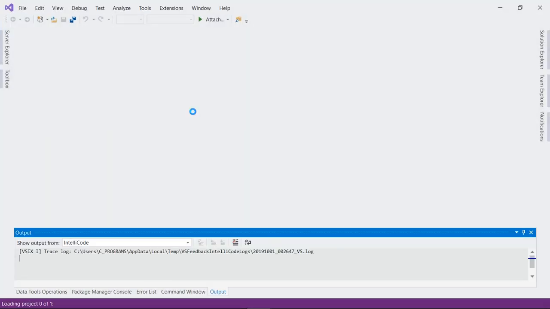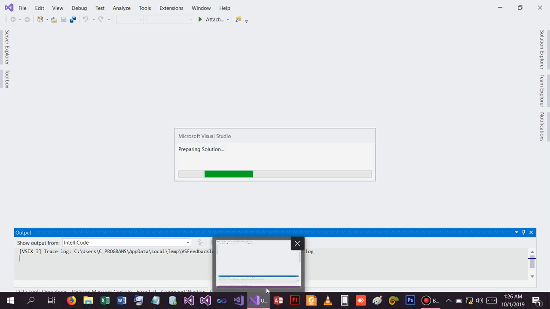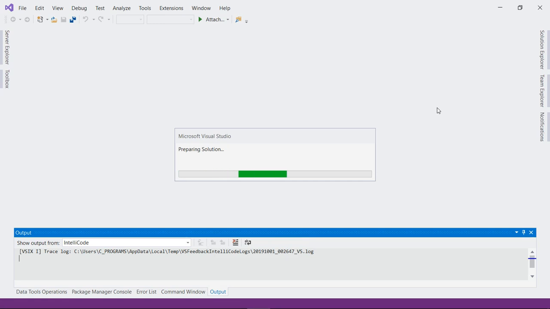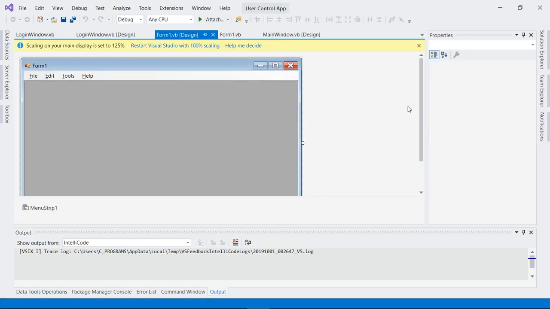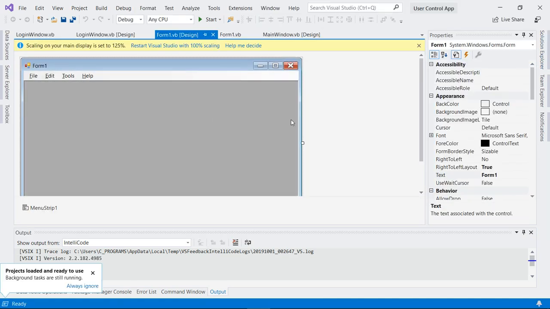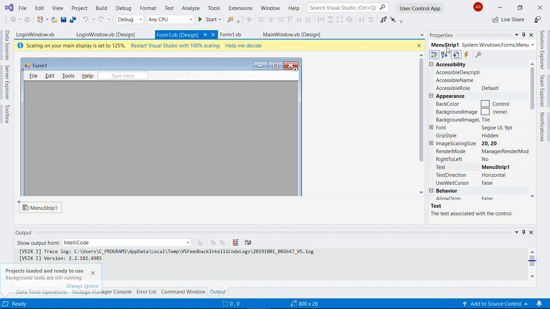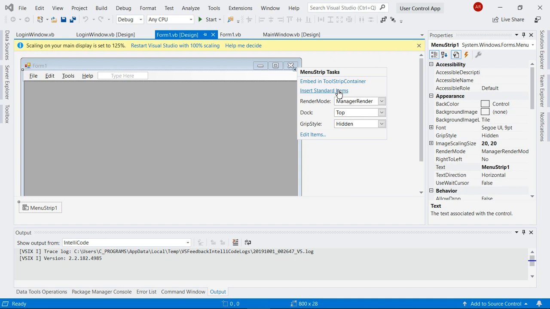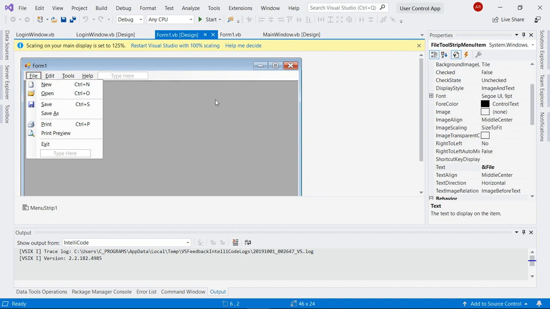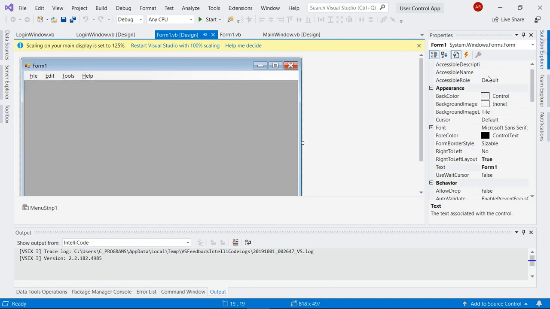Okay, so I've created a project in my Visual Studio 2019 and I've added some user controls to it. Once you create a project you have your main form. Then I added a menu strip item and I came here and selected insert standard items. Once you click that, you are going to get the standard items, and next you go to your project